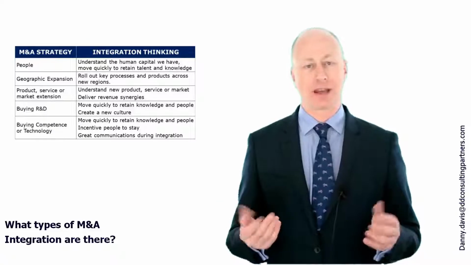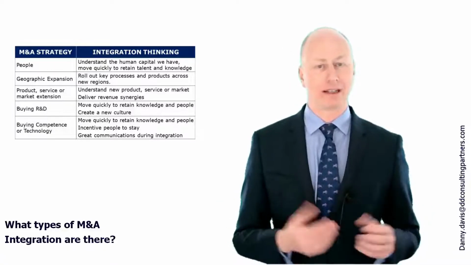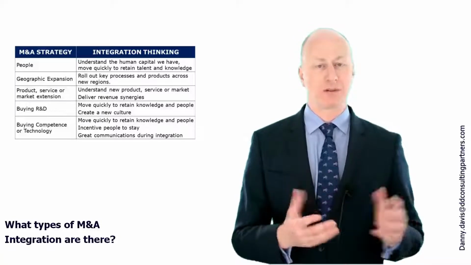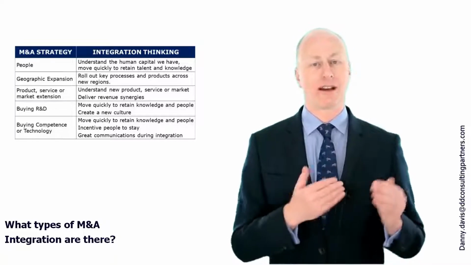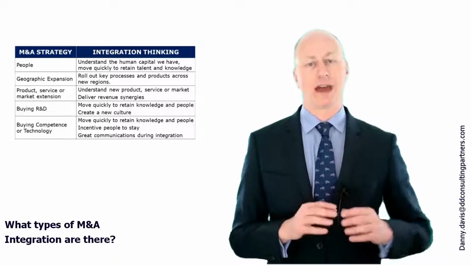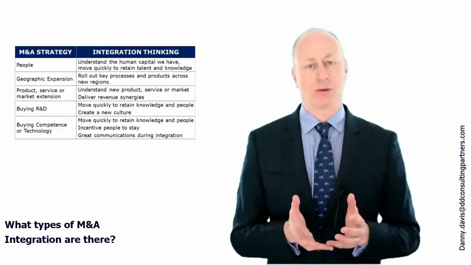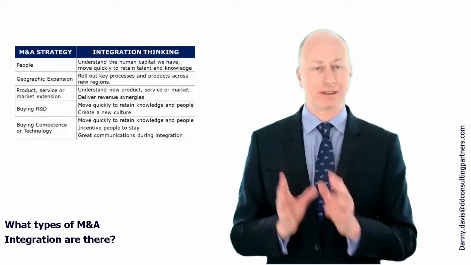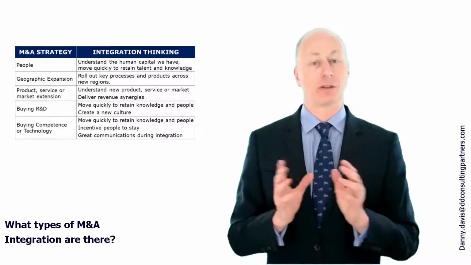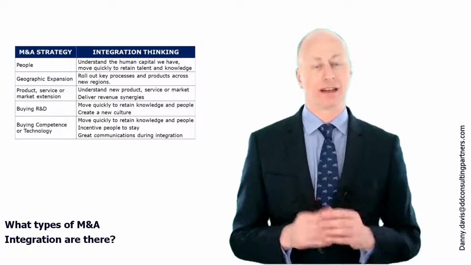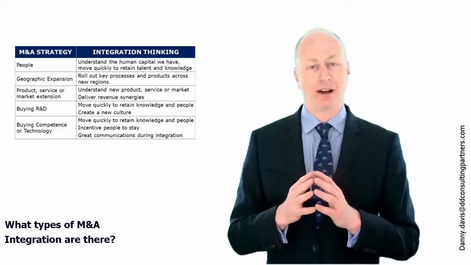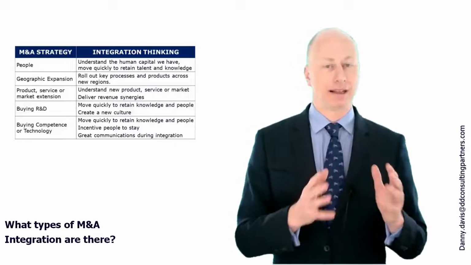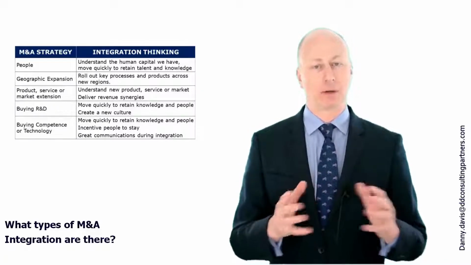So if I'm a UK company, I might buy in France, Germany, Italy, or America, and so expand my reach. Quite regularly when we do geographic expansion, we also try and find other reasons for purchase. And so that comes to a larger conversation that we're going to have, because it's not as simple as just buying a company for one particular thing. And so it's not as simple as integrating for one particular thing. We usually have a number of different reasons for purchasing a company, and so that makes the integration thinking and planning a little bit more complex.